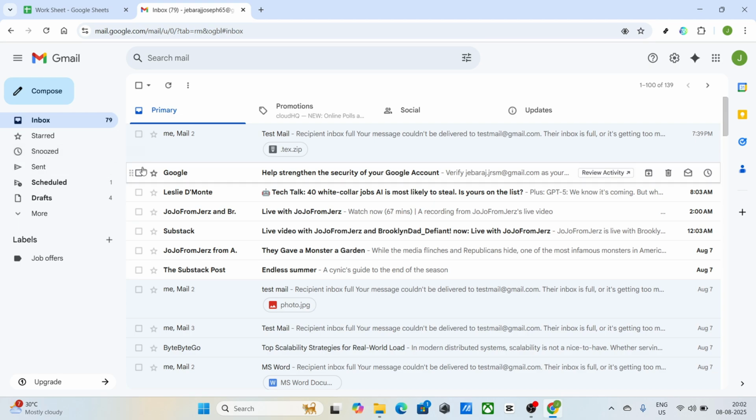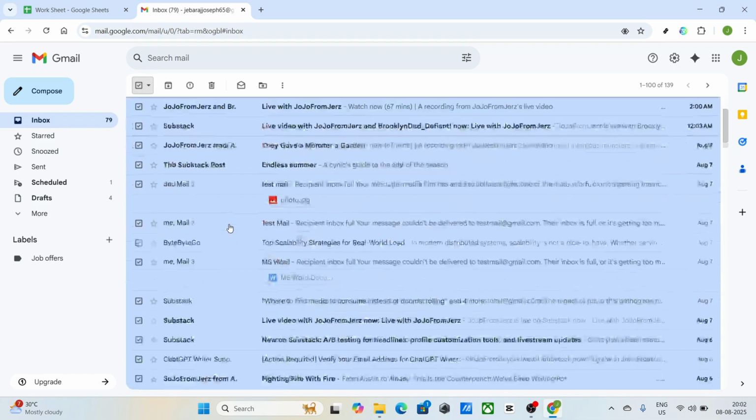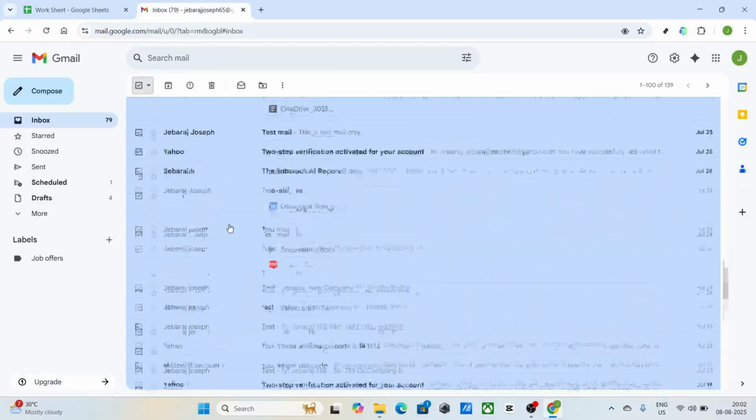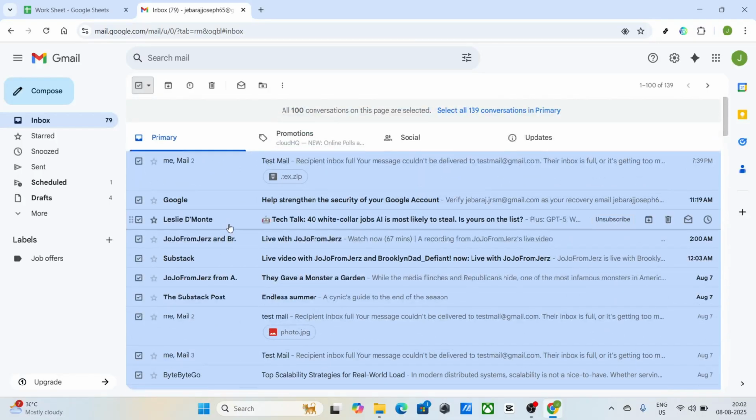Now, let's talk about selecting those emails. At the top left corner of your message list, you'll notice a small checkbox. Go ahead and click on it. This action will select the emails visible on that particular page. You might be thinking that this is all there is to it, but there's a little more you can do,